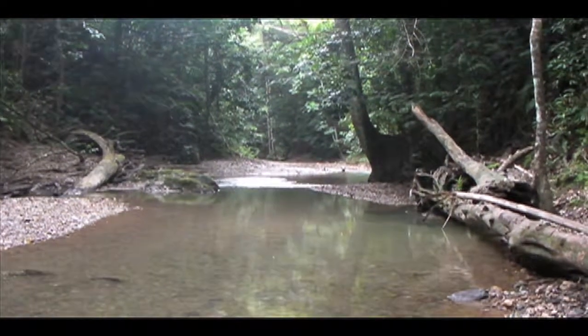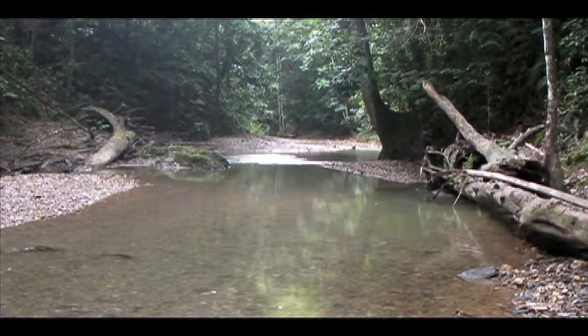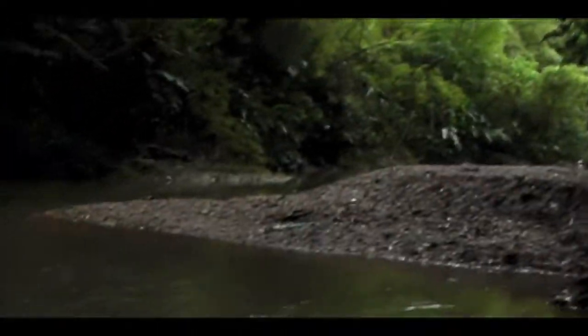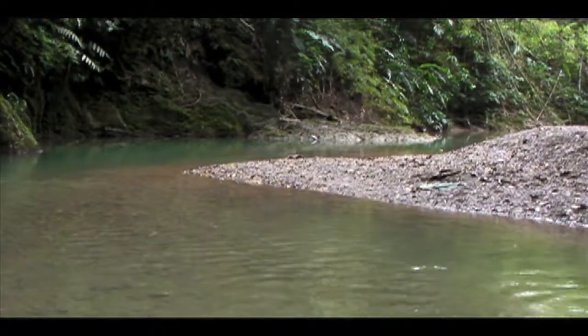But another property of the river being wider is that it tends to have a much higher light level throughout the day, because the river is wider, the trees on the bank of the river are set more widely apart, and there's much more in the way of gaps in the canopy to let sunlight down to the level of the river. One of the consequences is that these habitats tend to have much higher productivity than do the